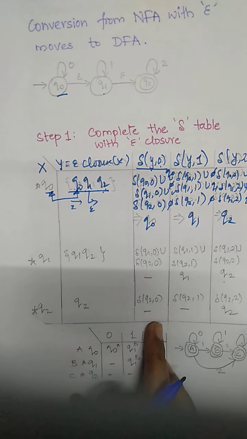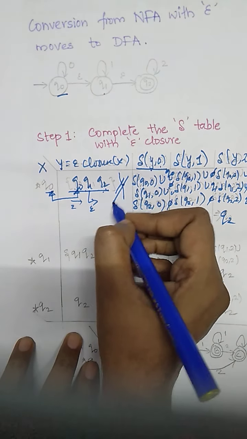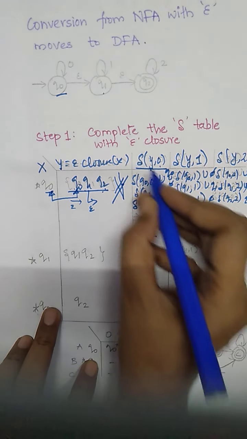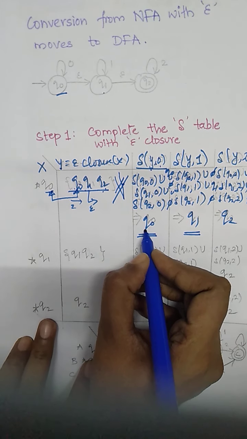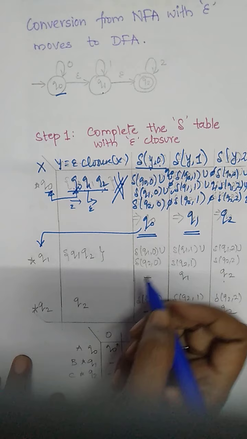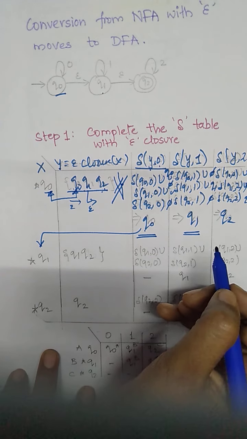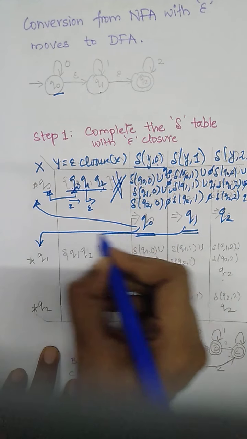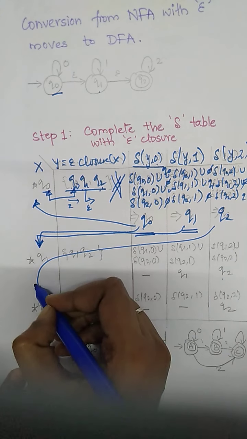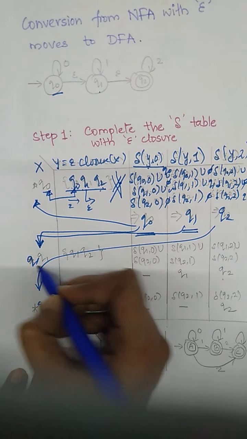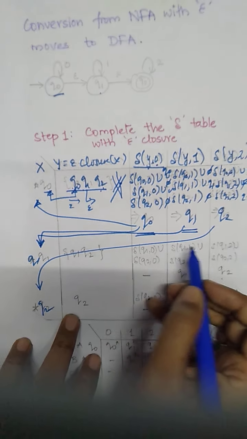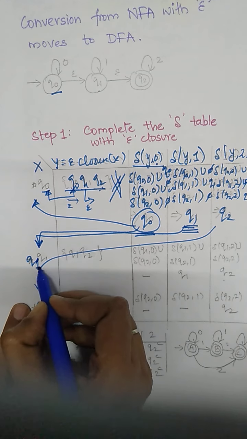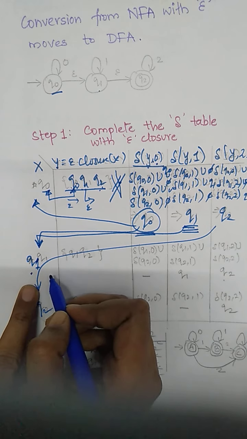Now what will be the next step? We are not going to consider the epsilon closure of this Q0 anymore. Now we are going to consider only the reachable states with input 0, 1 and 2. So Q0 is the state that we have already considered. The next state will be Q1, and after that the next state will be Q2. So whatever the reachable states with input symbols 0, 1 and 2, we have to consider. Q0 we had already considered, now we have to consider Q1 and Q2. So this will be the next x, whose epsilon closure we have to find out.